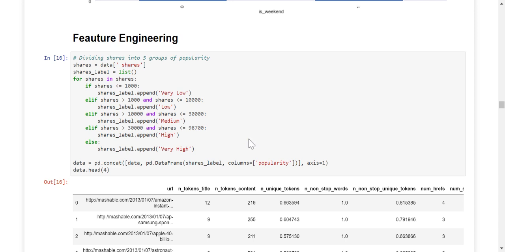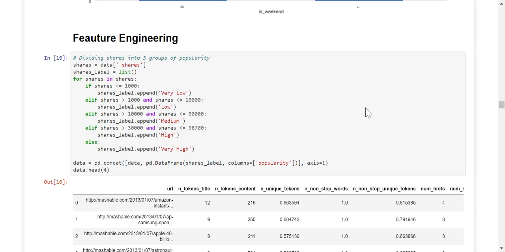Okay, so another important aspect of EDA is feature engineering. In simpler terms, feature engineering is nothing but when we use the existing columns or existing attributes or parameters to create a new one. That is what feature engineering is about, and it usually comes in the part of data cleaning itself. So over here, what I've done is that I've used the target variable of shares.